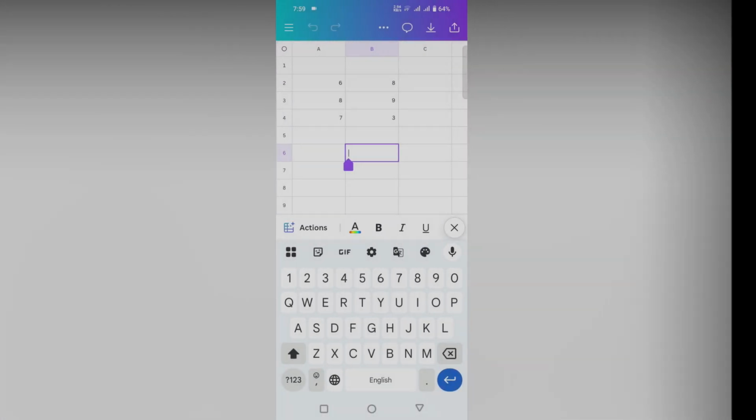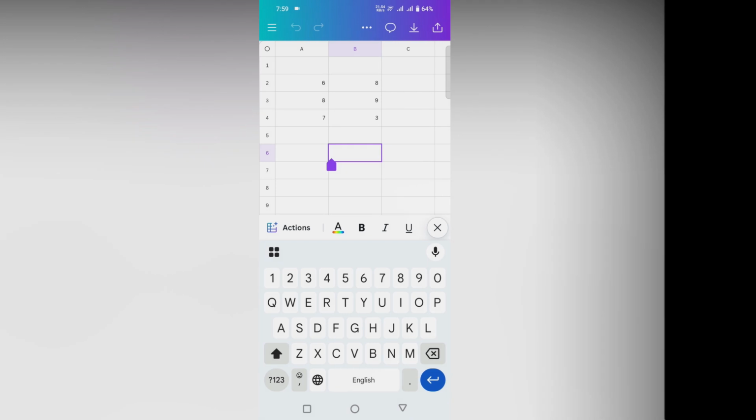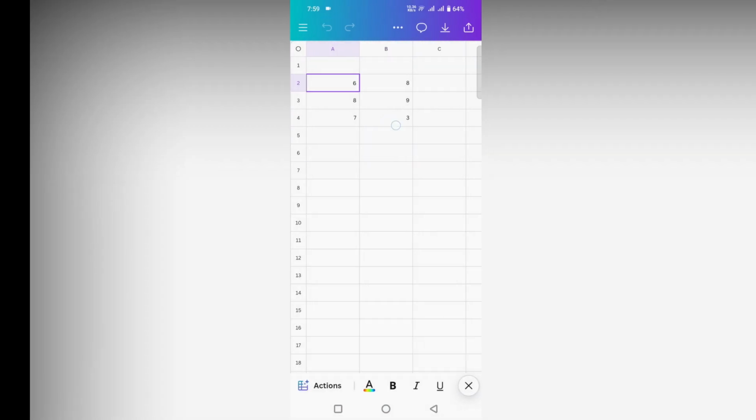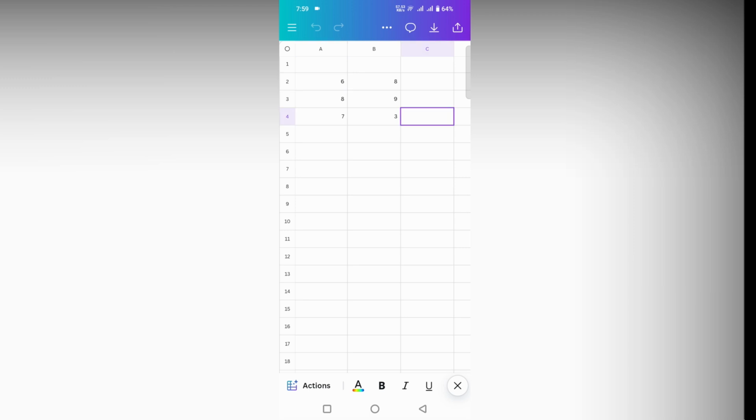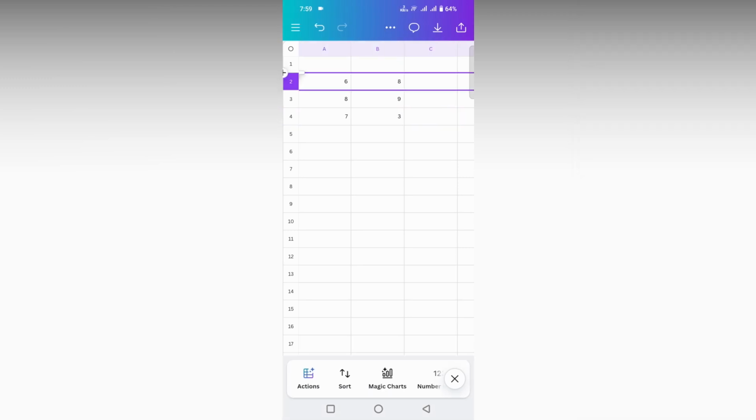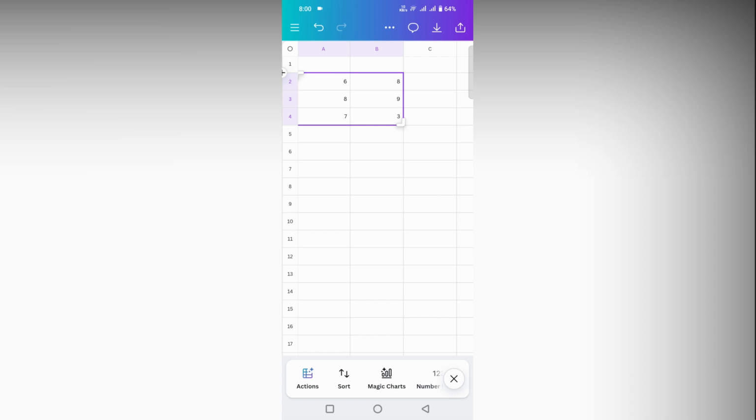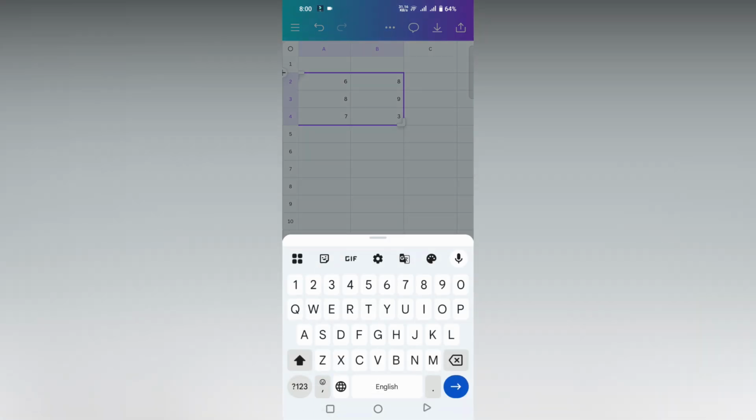For how to insert a bar chart on your Canva sheet on your mobile phone, I'm just going to show you in this video. Here I have a total of 6 data. So first you just need to select the data. To select the data, just click this, scroll down, and select it. After selecting the data, you just need to click on the action button, and here you can type